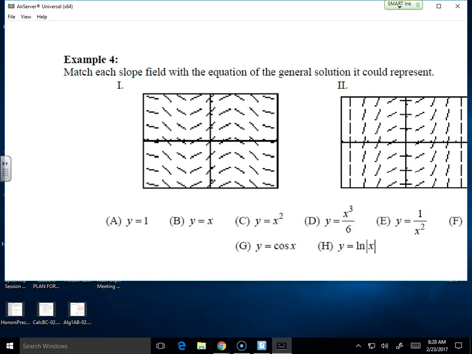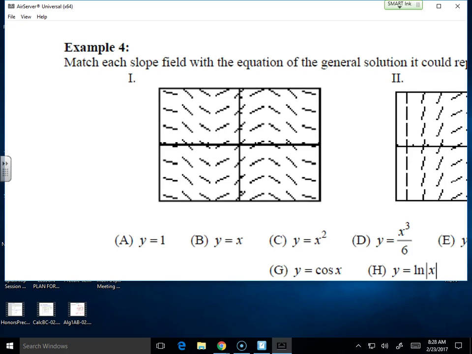When we're given something like this, it's called a slope field. Don't stress, we're going to get to it in our note packet in just a second. When they're trying to ask us to find or to match the slope field with an equation of a general solution, if I say follow the flow, without us writing any more notes quite yet,